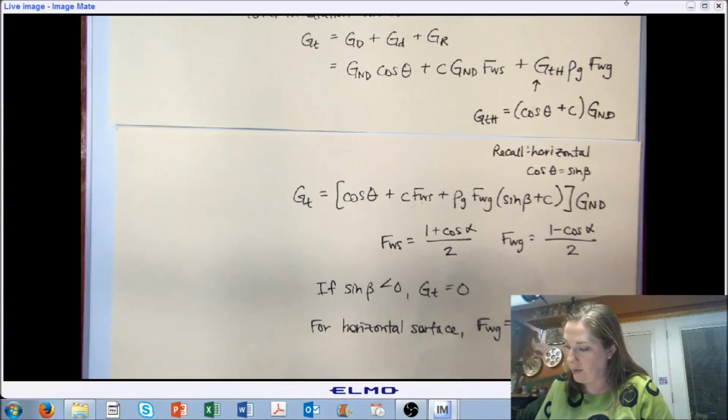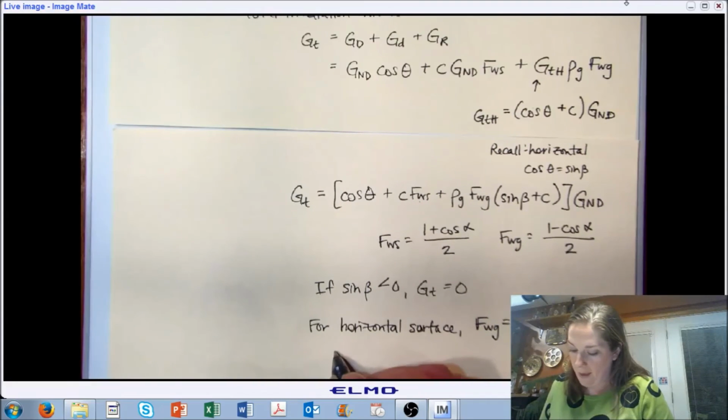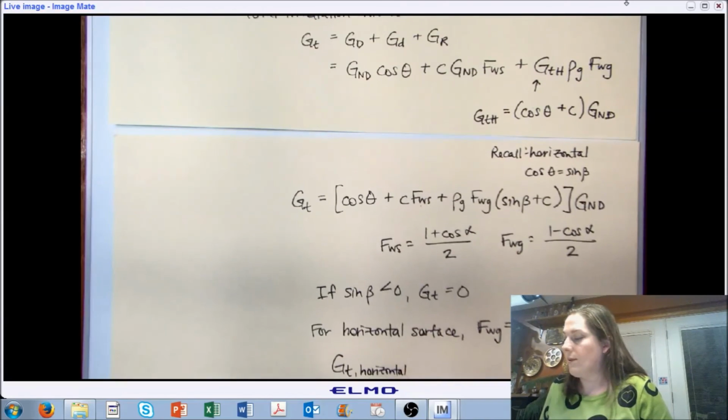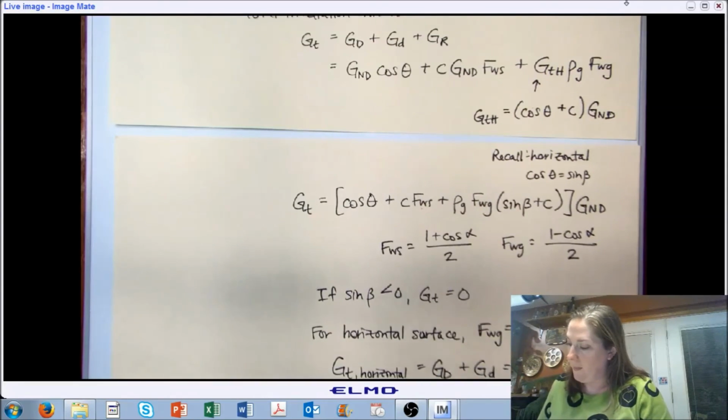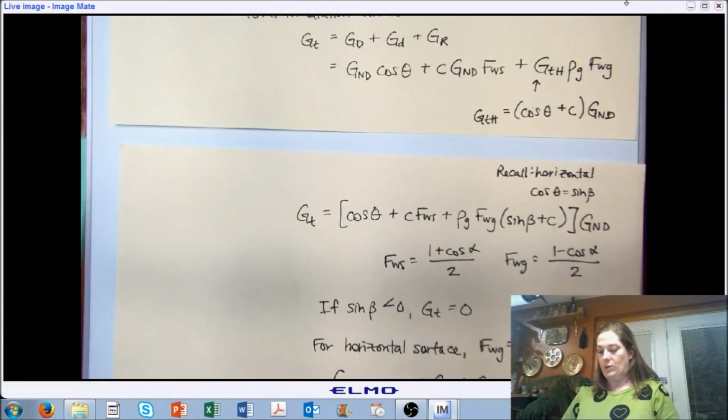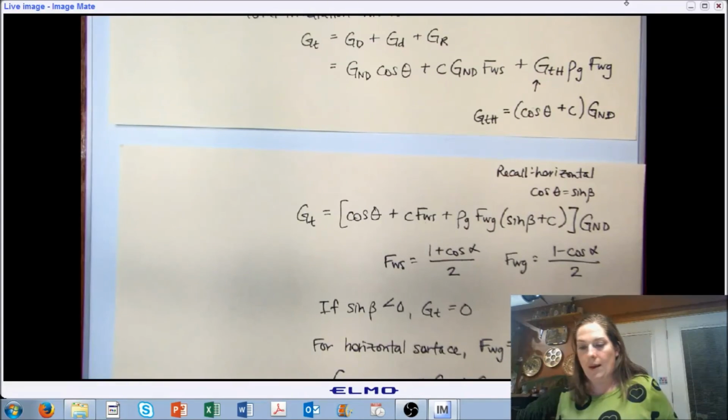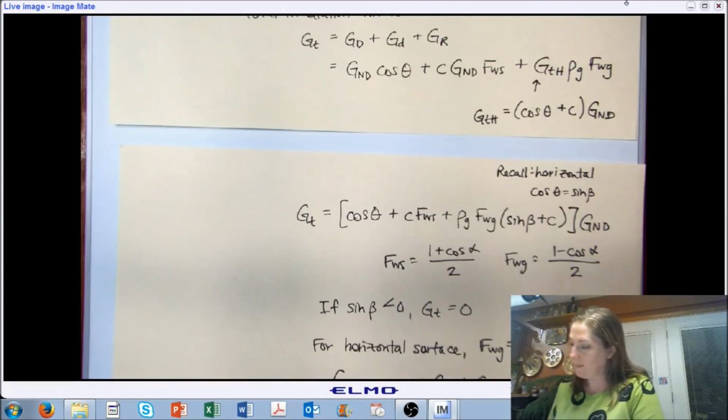So our reflected portion is 0, in which case, so if we have a horizontal surface, our irradiation total onto that surface is just the sum of the direct and the diffuse times our direct normal. All right, and second special case, if we have a vertical surface,